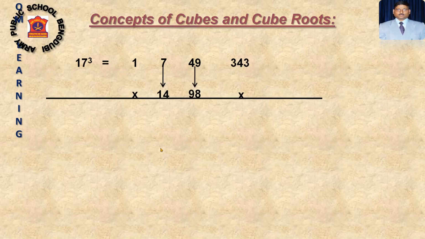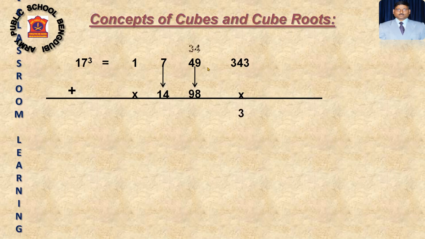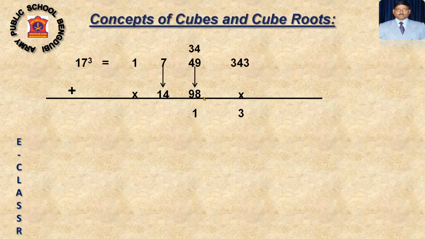And then you add. Remember, after adding you always keep only one digit. So 343, we cannot write 343 here. 3 will be here and 43 will be carried forward to the next digit. Now if we add all together, it will be 181. 1 will be here and 18 will be carried forward to the next digit.